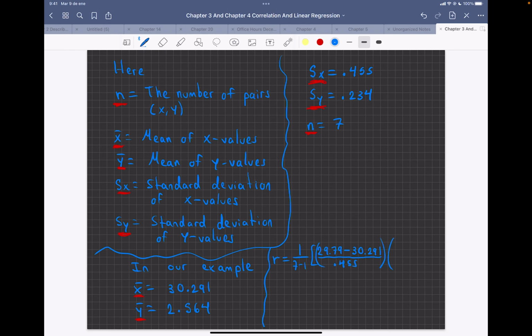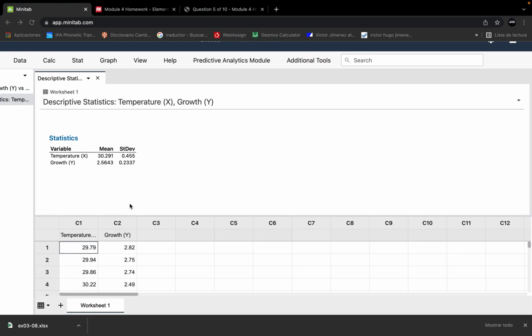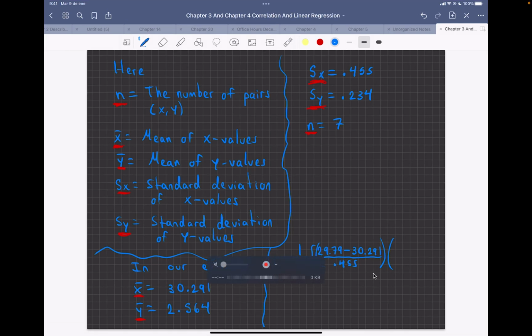times, do the same for the first y value. What is the first y value? The first y value is 2.82. So we have to do 2.82 minus the mean of y. The mean of y is 2.564, divided by the standard deviation of y, 0.234,